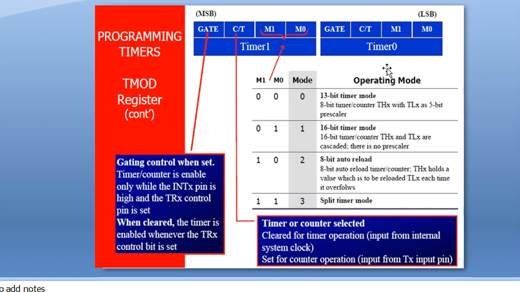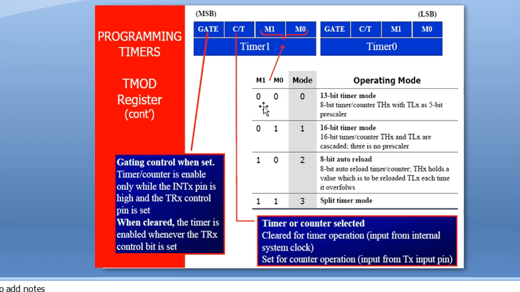We are going to see them one by one, right? So M1, M0: 0, 0. So this is mode 0. We have 4 modes in total: mode 0, mode 1, mode 2 and mode 3, right? How is it going to be set? It is going to be set as 0 0, 0 1, 1 0 and 1 1, right?